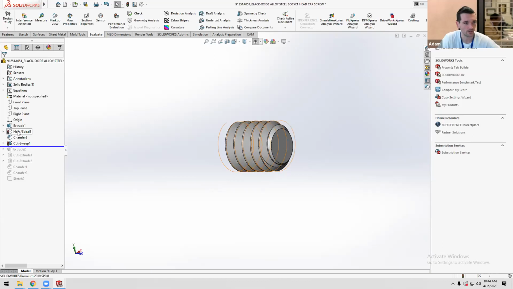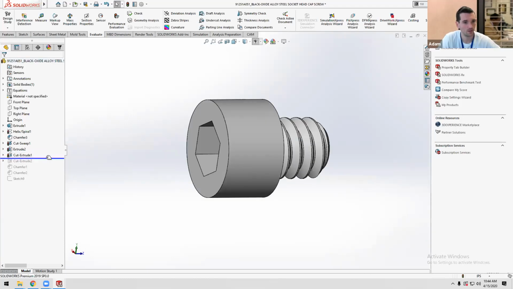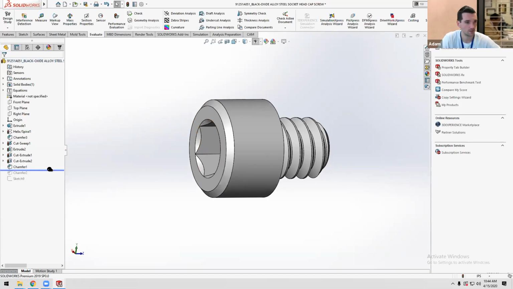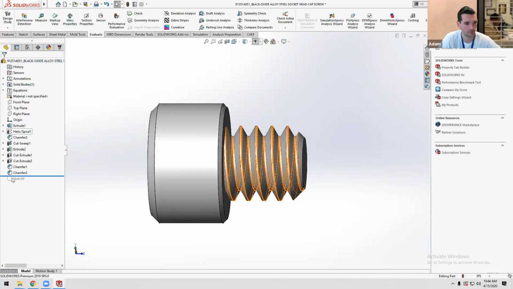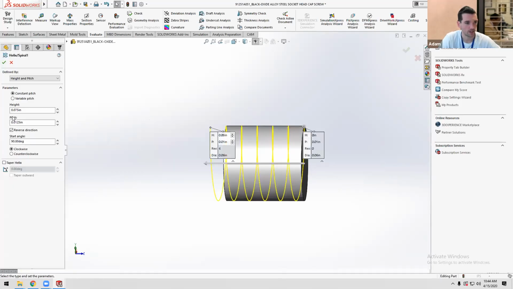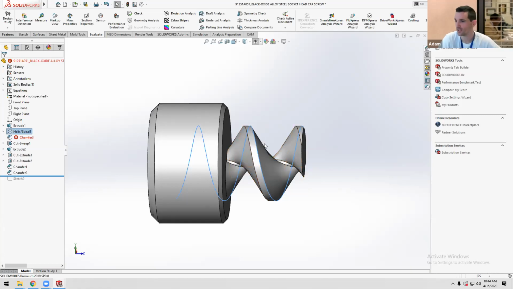We used this helix that we generated to cut threads into that screw. We extruded a cap. We cut the hole. We did a revolve, a cut here. That's pretty much it. So if I want to go modify this part, I could go into any of these things and say modify what the helix did. So maybe it's a different pitch. It's 1/24. And then it looks funky, but